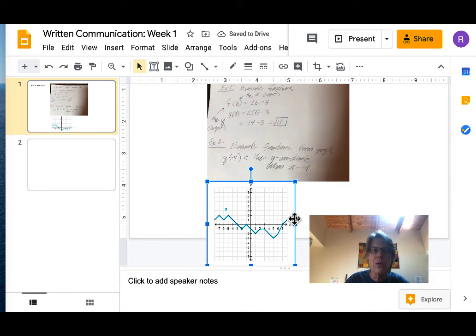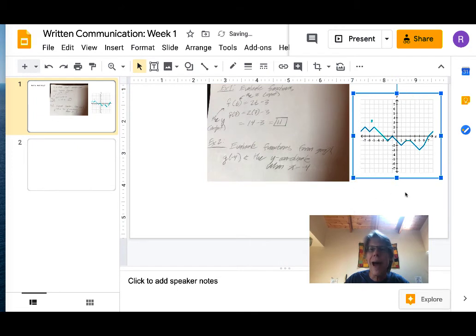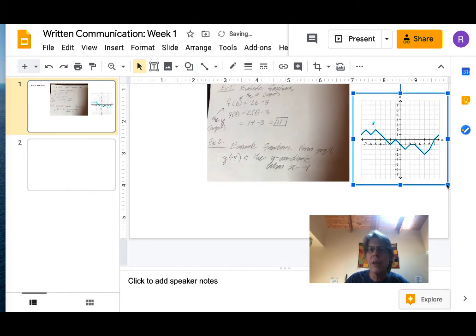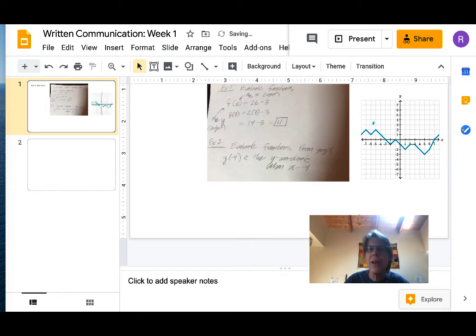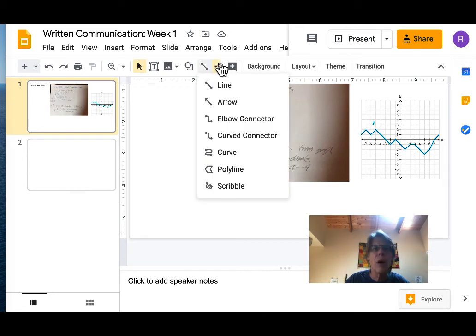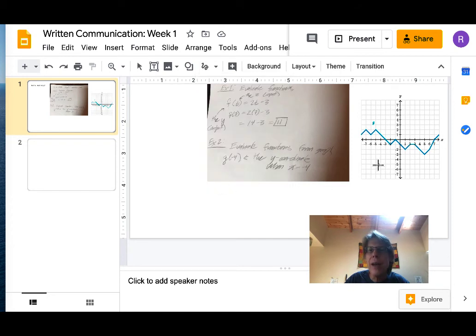And I might want a new slide. Let me just put this over here so I can do it there. So when you're doing a graphical kind of a function evaluation, I need to say, okay, when the x is -4, what's the y? It looks like the y is 1, but it wouldn't be a bad idea to maybe draw a little bit to highlight that the x is -4,